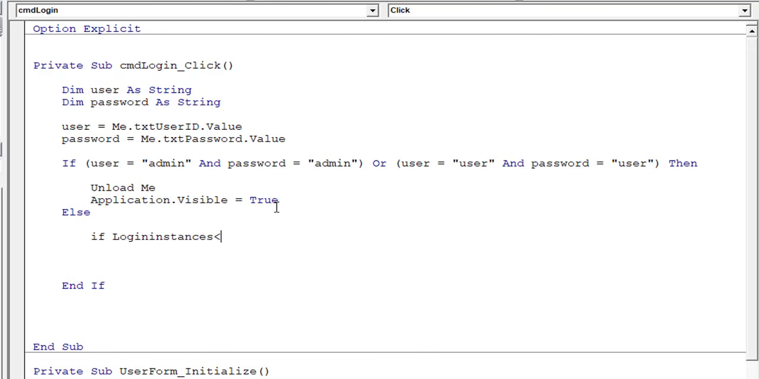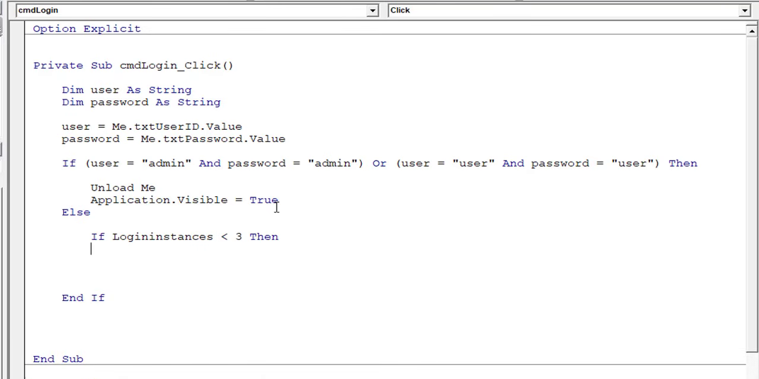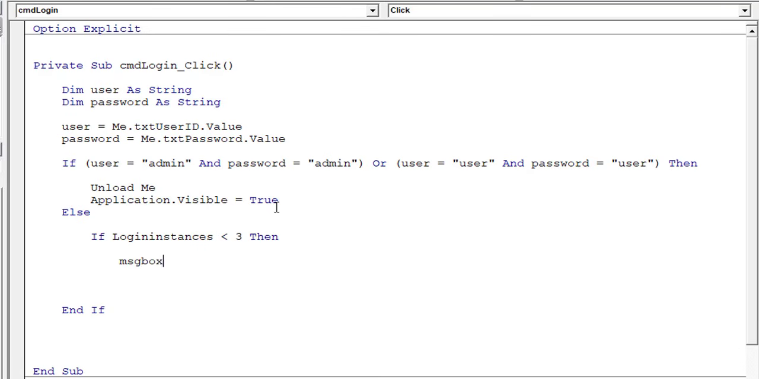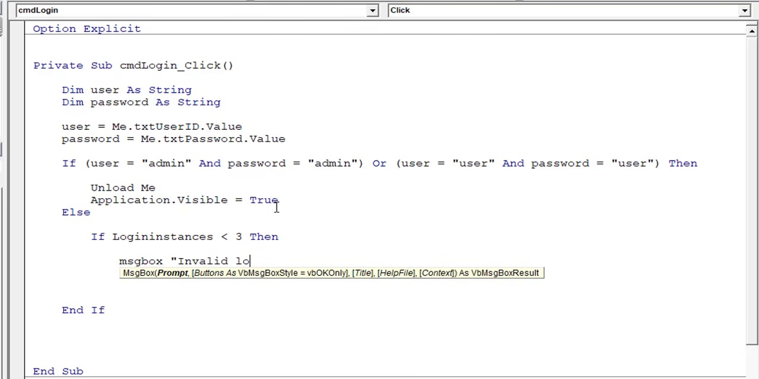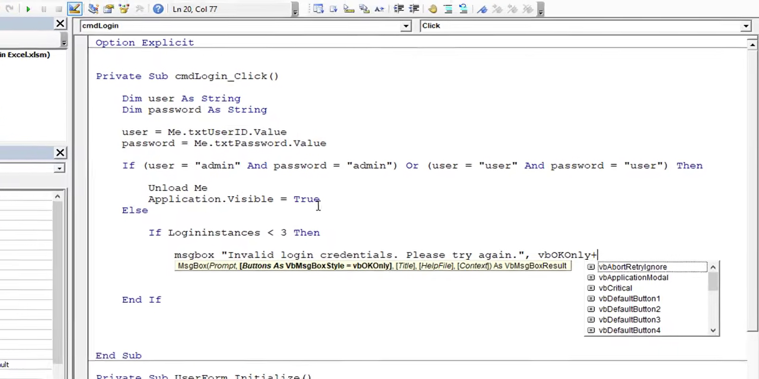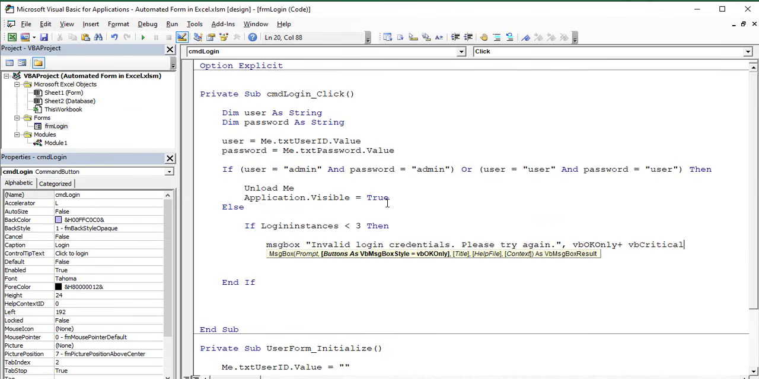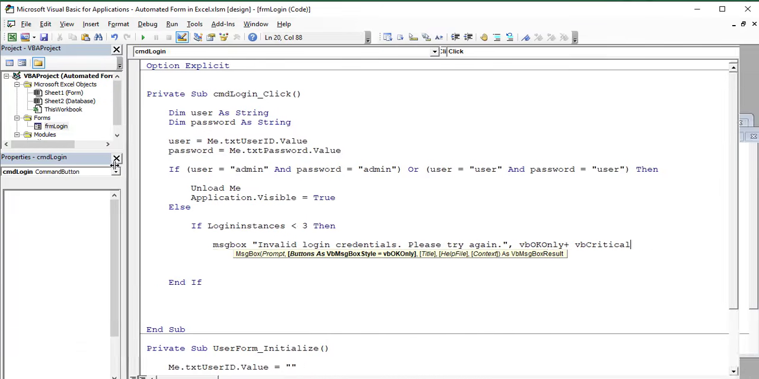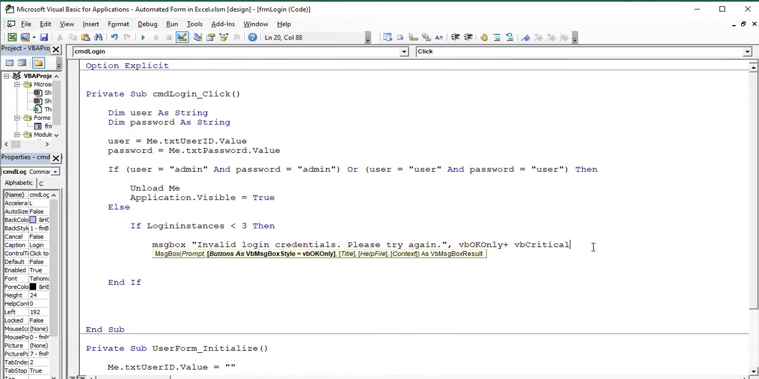instances is less than 3, then msg box invalid login credentials, let's try again. Okay, vbOKOnly plus vbCritical. Let's reduce the size so that you can see the entire coding, and invalid